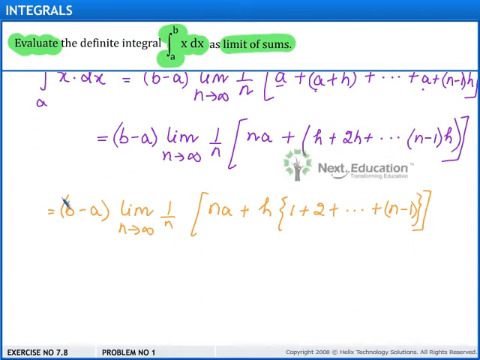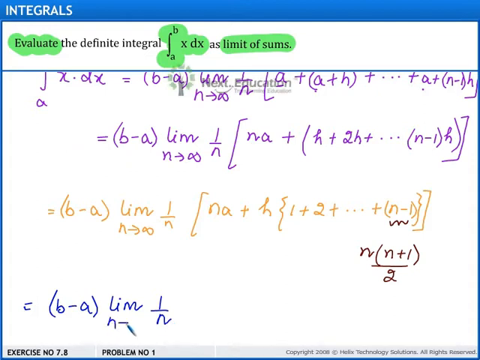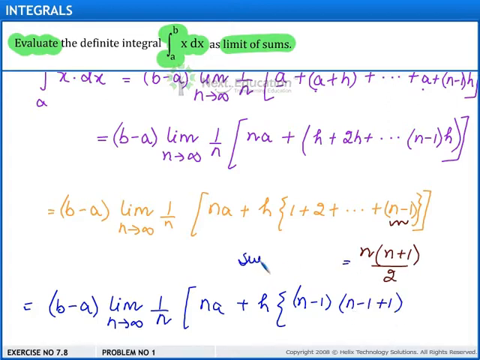Now we know that the sum of the first n terms is given by n into (n plus 1) upon 2, and here the terms are up to n minus 1. Therefore, this can further be written as (b minus a) into the limit of 1 upon n as n approaches infinity, of na plus h into, here the last term is n minus 1, so we have (n minus 1) into (n minus 1 plus 1),